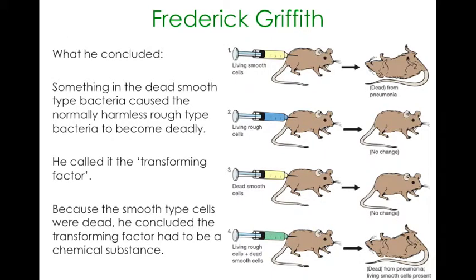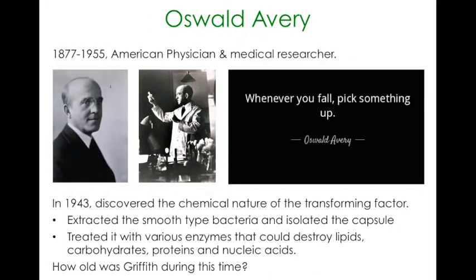So what he was observing was that something inside these dead smooth cells was causing the living rough cells to become deadly. He didn't know what it was and couldn't figure it out, so he called it the transforming factor. There was something in the dead cells that was causing the living cells to kill the mice, even though the living cells previously were harmless. It had to be something non-living because the dead smooth cells were already dead, and there was nothing in the living smooth cells beforehand that was killing the mice. So it had to be some sort of chemical substance creating this deadly factor. He never really figured out what it was,